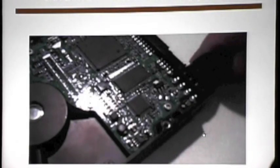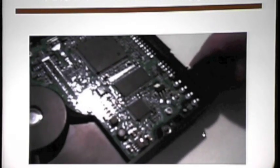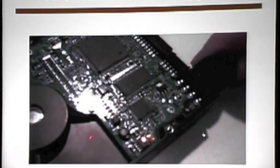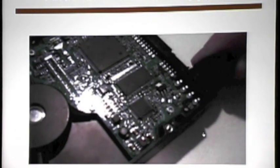So on your electronic stuff, how do they basically burn? I'm going to go a little faster here for a second. This is what happens when you plug one in backwards. See down here in the corner? Smoke, fire, blah, blah, blah. That happens all the time on Mac store drives. That's a very convenient thing that the chip will burn. And this is the motor control chip. This chip basically will cause the motor to spin, and without that chip, it won't work. So you could just swap this board, but if you needed to, you can unsolder this. Sometimes it's not that obvious. Most of the time, you can tell by...